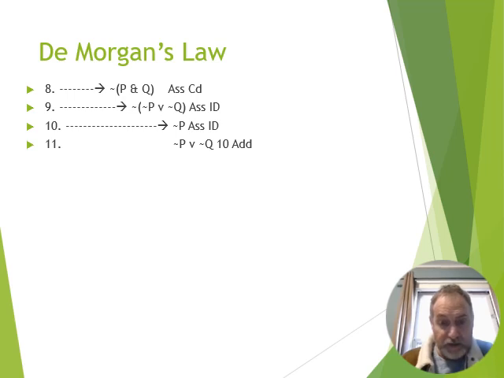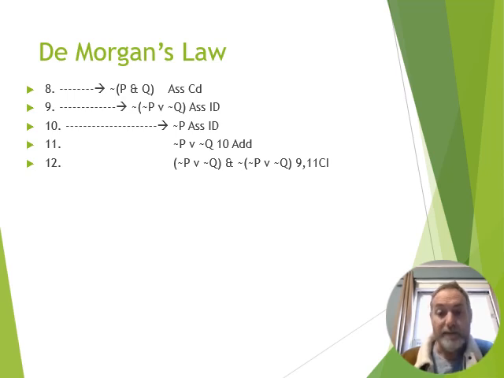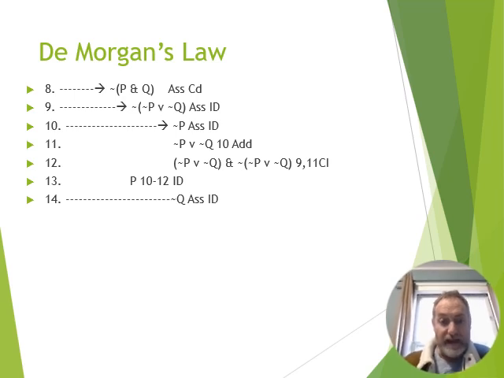And so with addition, I can say not P or not Q, right? Now I happen to have the negation of that on line 9, right? So with conjunction introduction, I'll make explicit that contradiction that I've just produced, which means that P is the case. I've proven that 10 is false by deriving a contradiction. So now I've got P. Okay, what am I going to do with P? Well, you may have noticed,